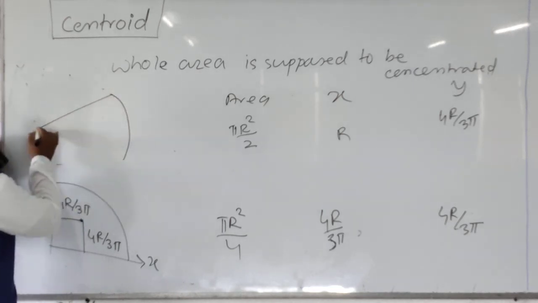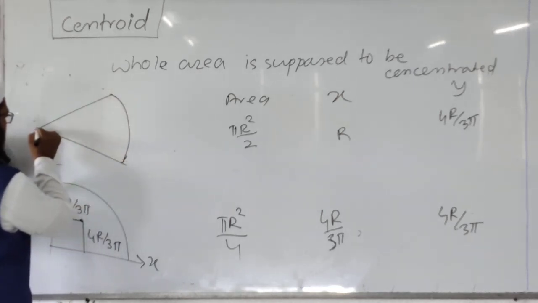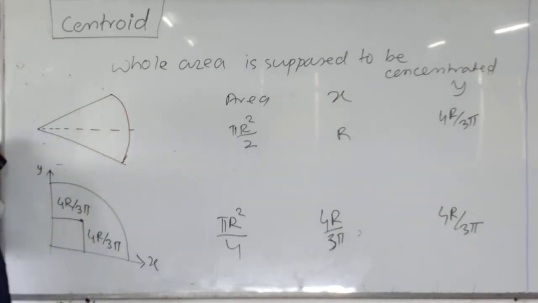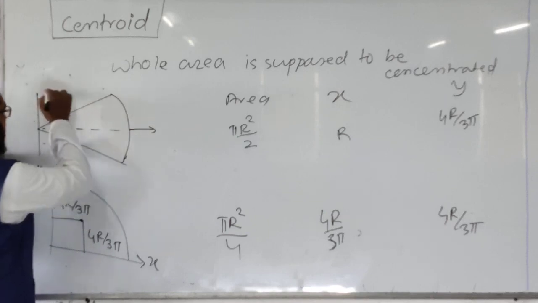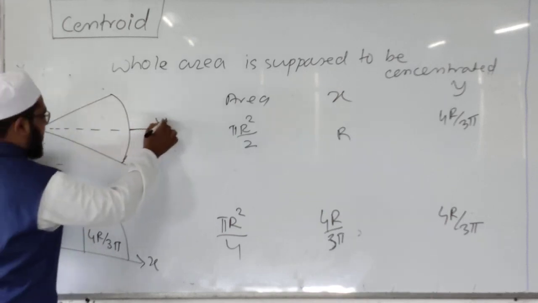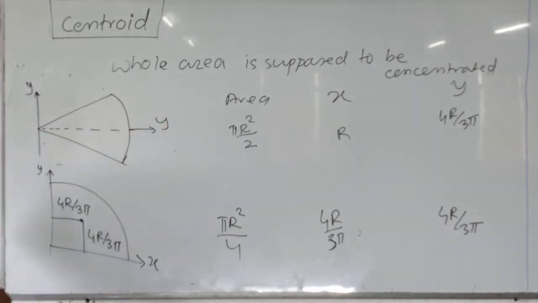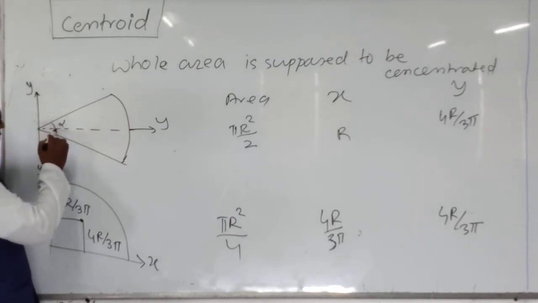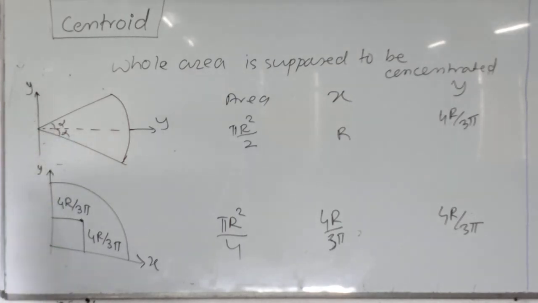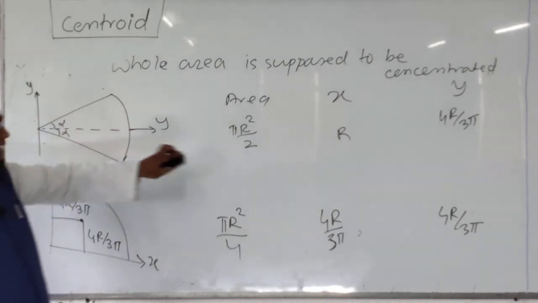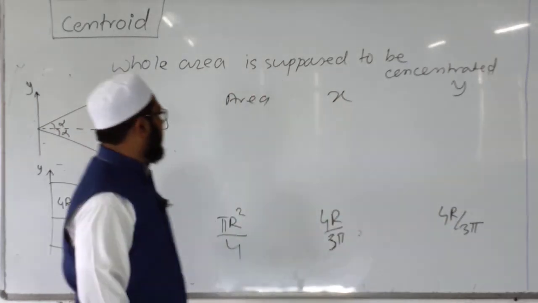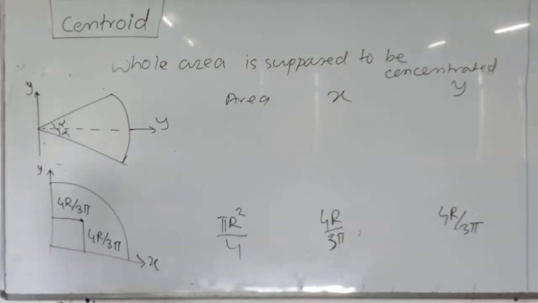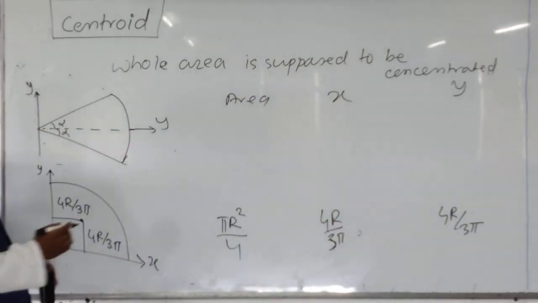Then there is one more, that is the sector of the circle. If the sector is lying like this, with x axis and y axis having the included angle alpha, and radius of sector as r, then the area of the sector is r square alpha,